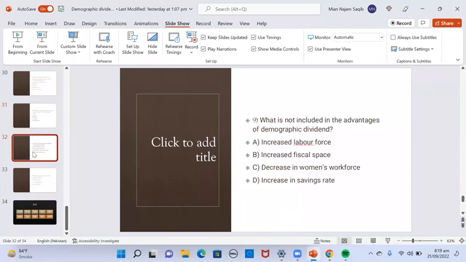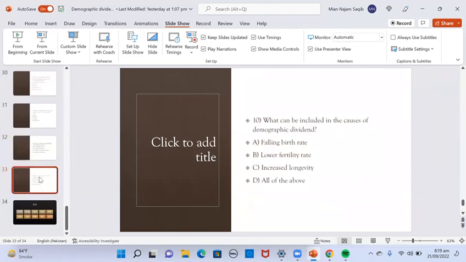Question number 9: which is not included in the advantages of a demographic dividend? A, increased labor force; B, increased fiscal space; C, decrease in women's workforce; or D, increase in savings rate? C. Yes, C. What can be included in the causes of the